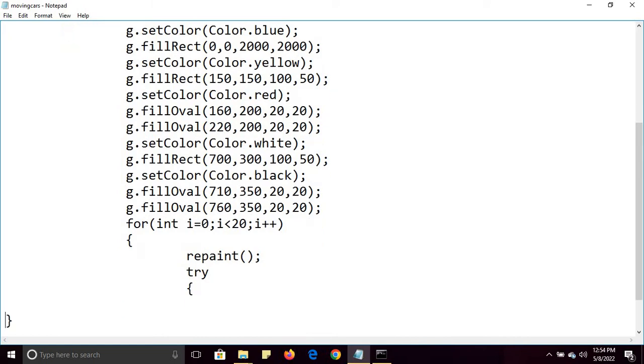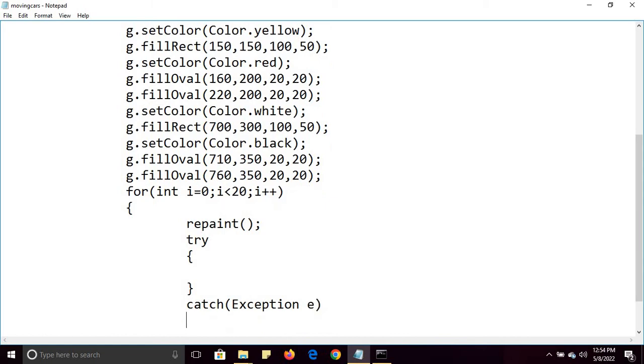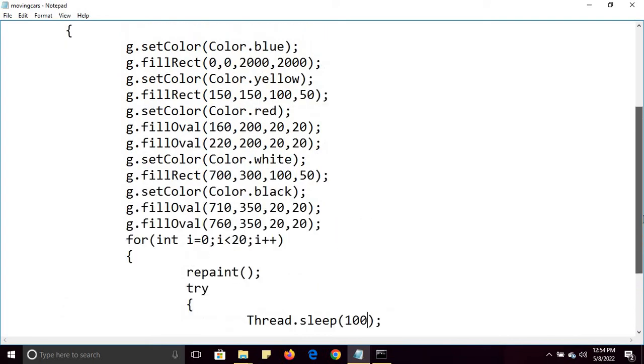For that I have to use a try and catch block for the thread sleep method, because the thread sleep method throws an exception at runtime. So just for handling the exception I have used a try and catch block, and here I am using the thread sleep method for 100 milliseconds, where the argument is time in milliseconds, and I have used the repaint method. Now listen carefully, what I am going to do is